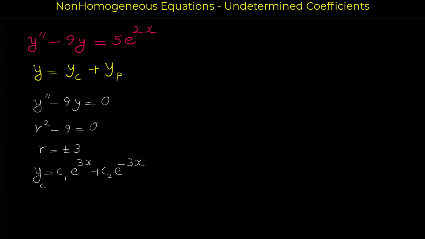So for finding the particular solution, it's completely reasonable to choose y_p, the particular solution, to be a factor of e to the 2x. So we guess that the solution should be something like e to the 2x, but we don't know what factor of that. So we put an unknown coefficient here for e to the 2x. Don't forget, this is the method of undetermined coefficients. So we always put unknown coefficients. Now for finding this particular solution,